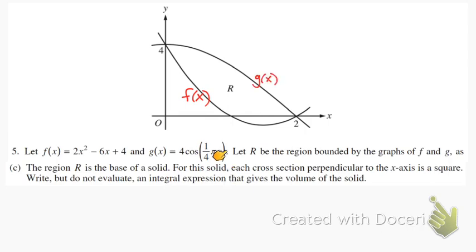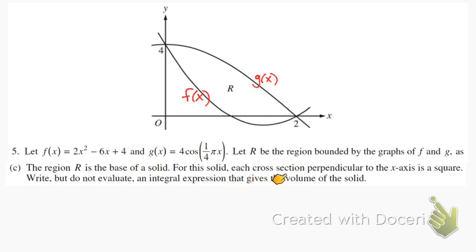It says, let R be the region bound by the graphs of f and g. I cut out some of that direction that we didn't need. Part C. So notice that there were already 2 parts before this. We got down to part C. It says the region R is the base of a solid. So this is the base of a solid. For this solid,